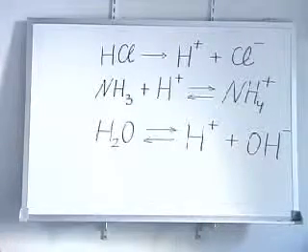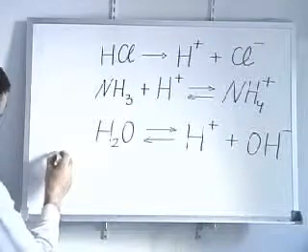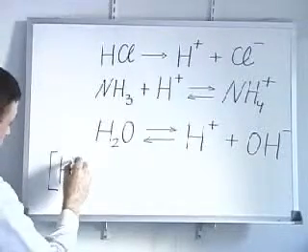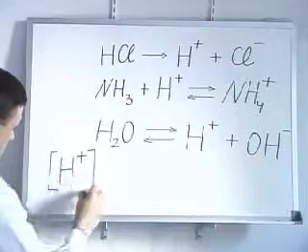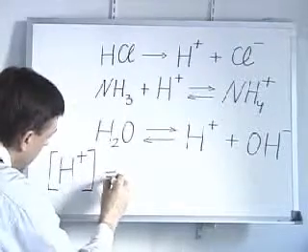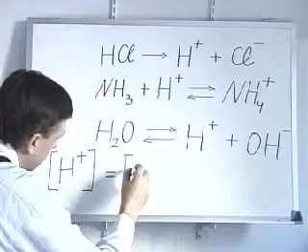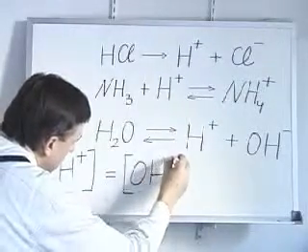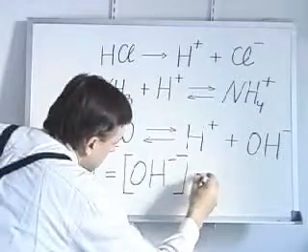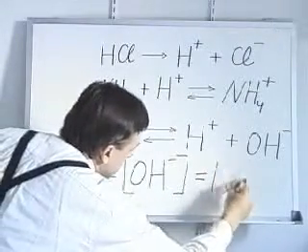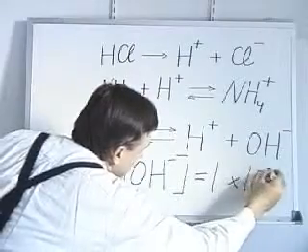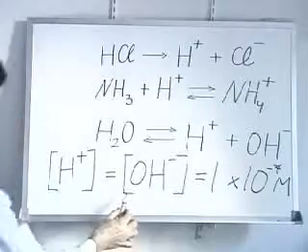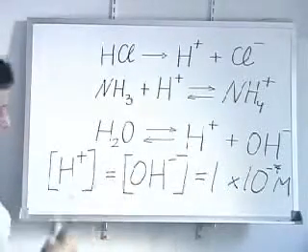It is known from experiment that in pure water the concentration of the protons, the molarity of protons, which equals in pure water the concentration of hydroxide ions, or the molarity of the hydroxide ions, is equal to 1 times 10 to the minus 7th molar. Remember that in these square brackets we always denote molarity